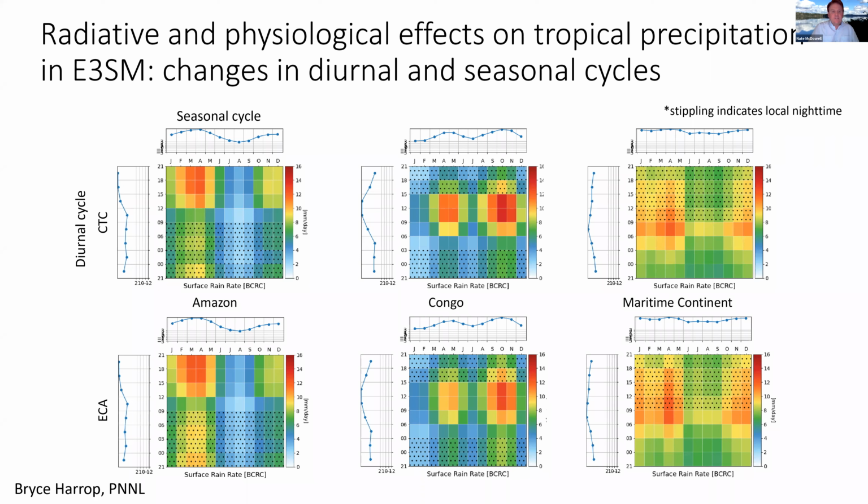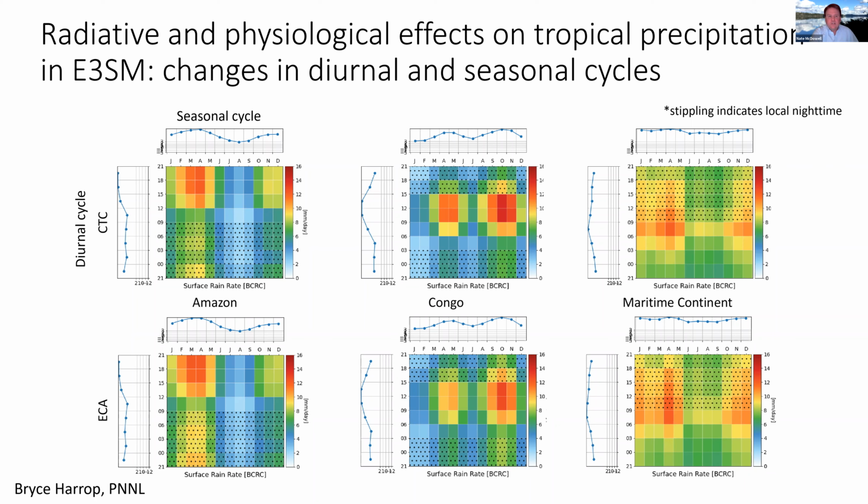But you can see basically that the highest rainfall at the diurnal scale and at the seasonal scale for the Amazon, and the panel in the upper left, tends to be in the late afternoon or evening, and in the winter, in the northern hemisphere winter, excuse me. And then likewise, you can see the drier periods in June, July, August, September there. So you can look at any one of these locations and attribute, we hope correctly, the diurnal and the seasonal